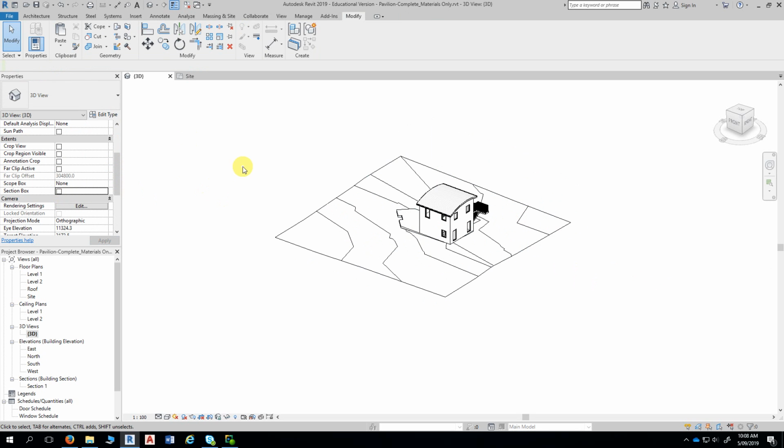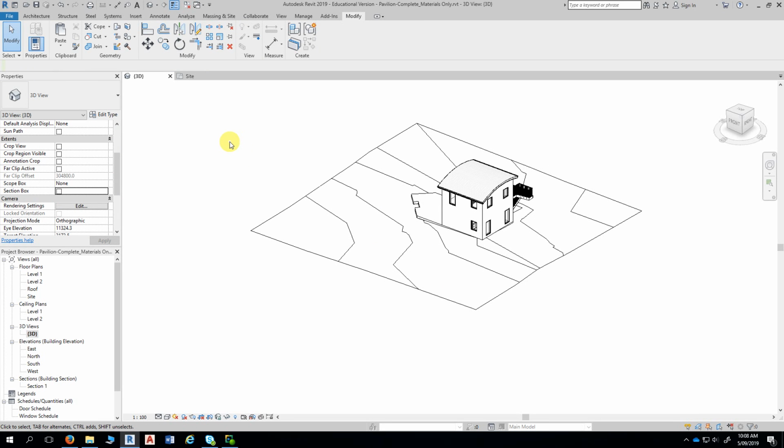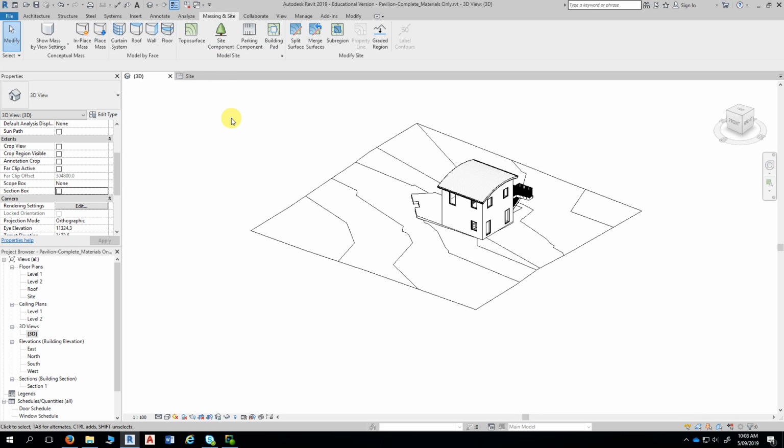Now, last week, does anyone remember what I spoke about with regard to adding roads and pathways on a terrain? Do you remember what I spoke about, or the tool that we used for that? One of the tools. Subregion. So yeah. So essentially, we're working from the Massing and Site tab,